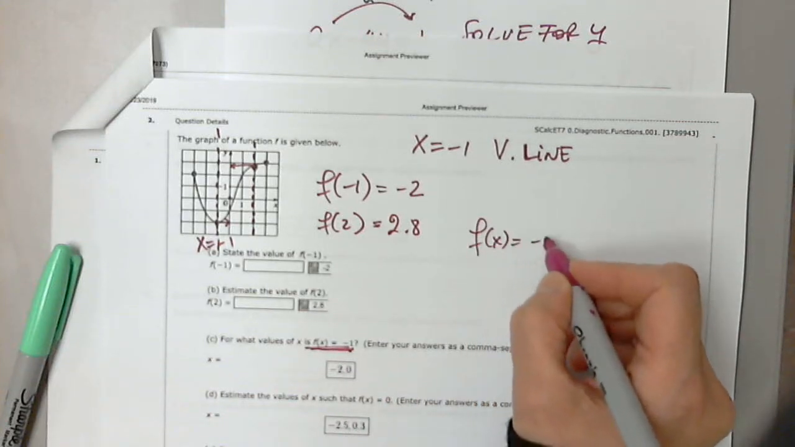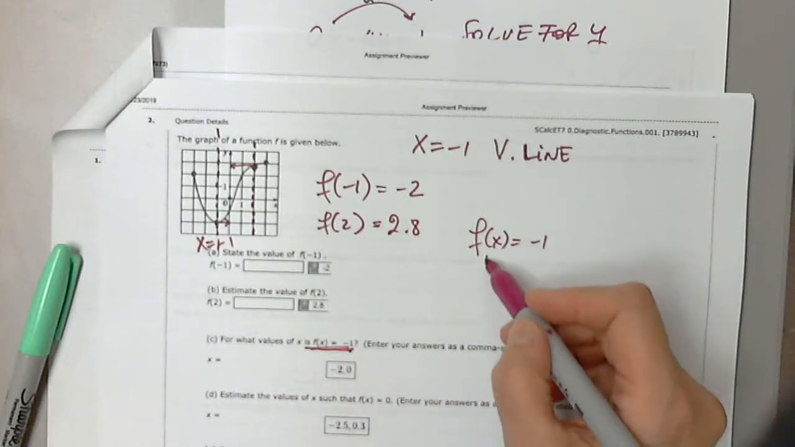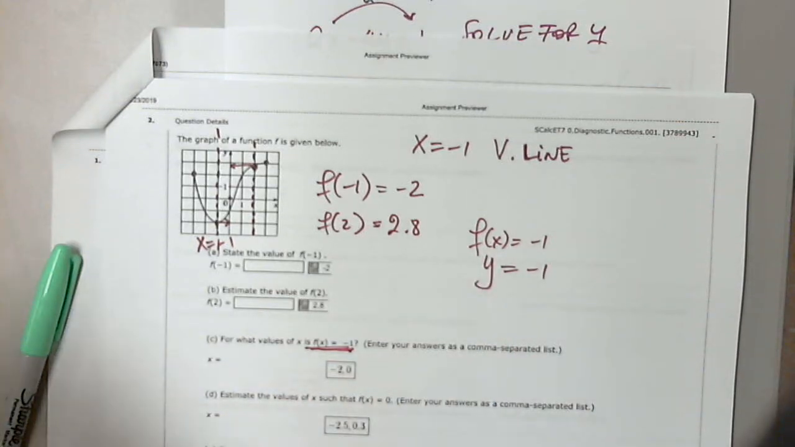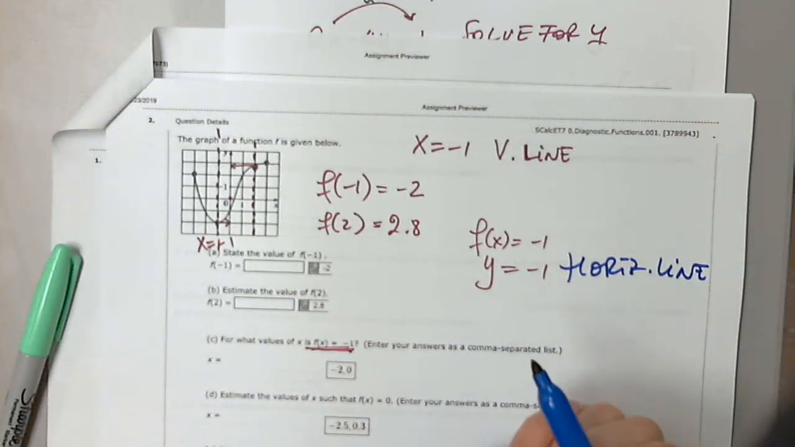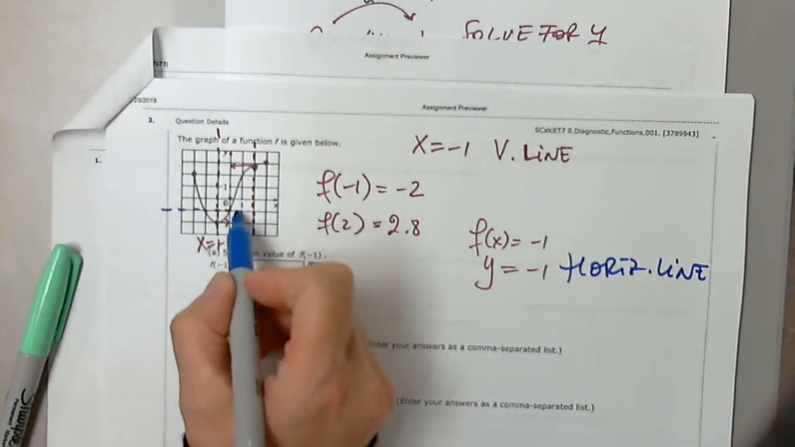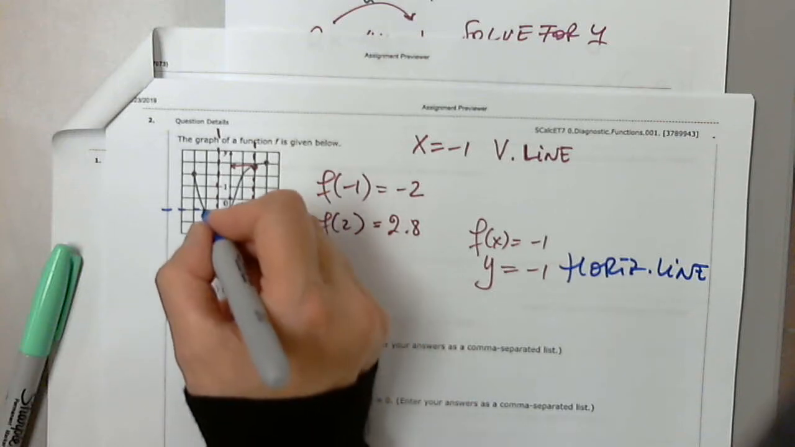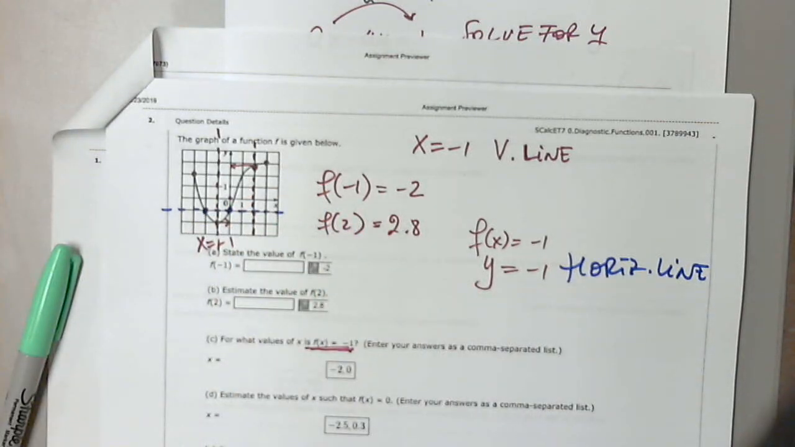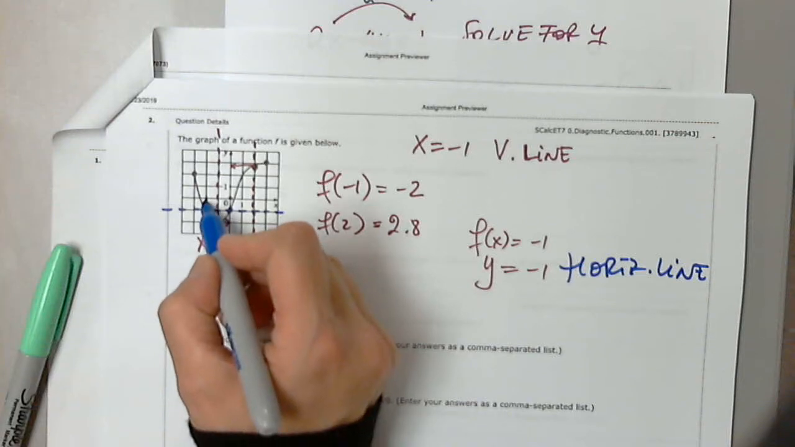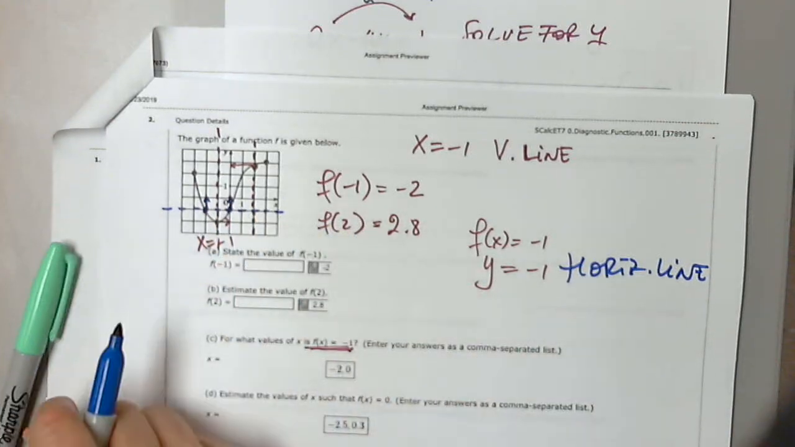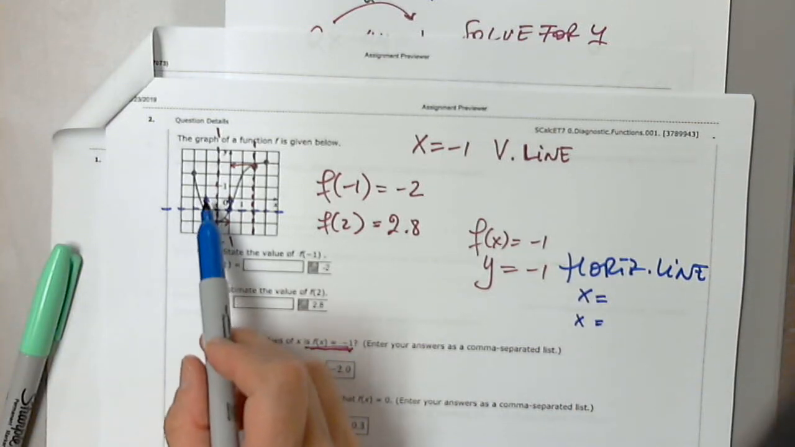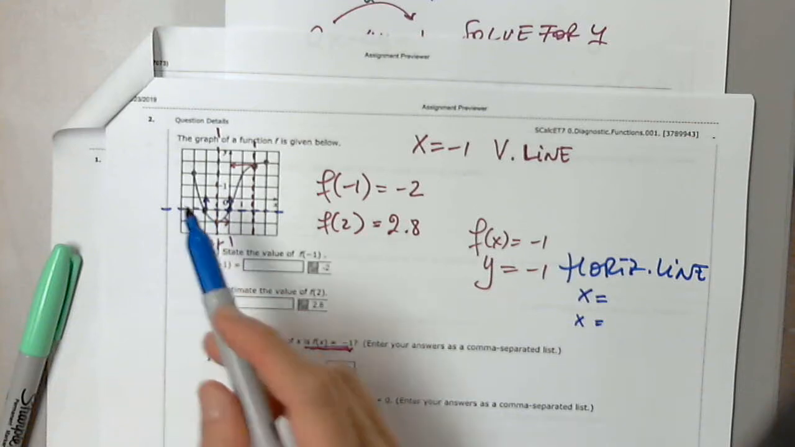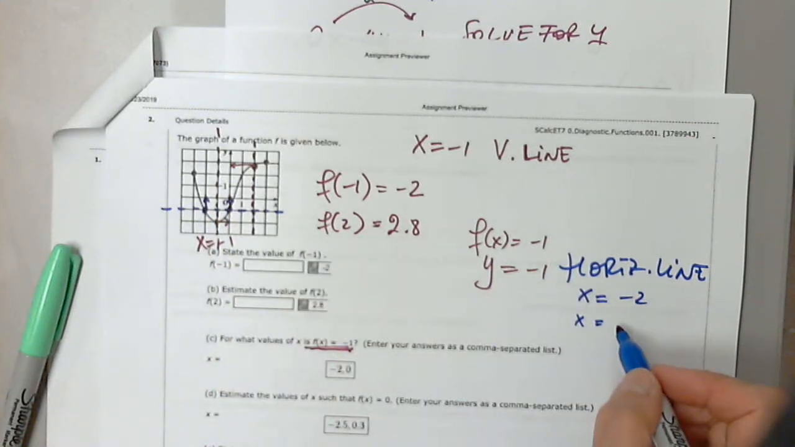For what values of x is f of x equals -1? What is given now? Yes, this means y equals -1, but y equals -1 is what type of line? Very good. So at -1, I draw a horizontal line, and I see it crosses the function in 2 different points, and I will read the x value for those points. So then from here I will write x equals, if this is 0, -1, -2, and I will also write x equals,